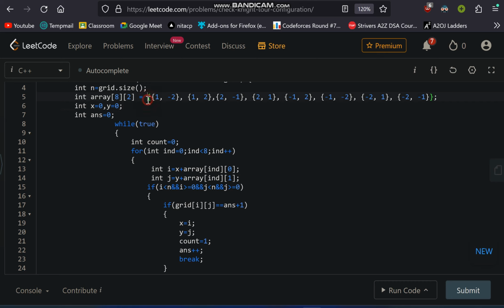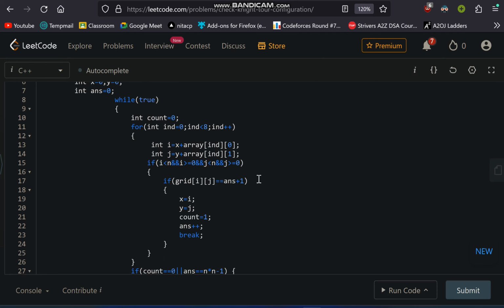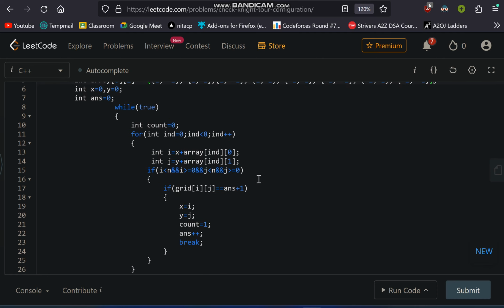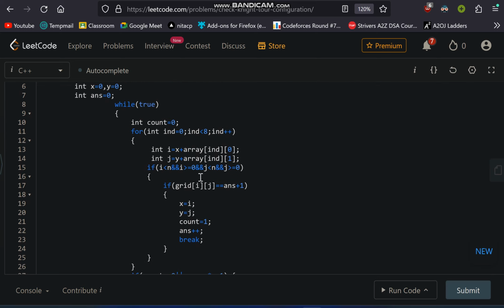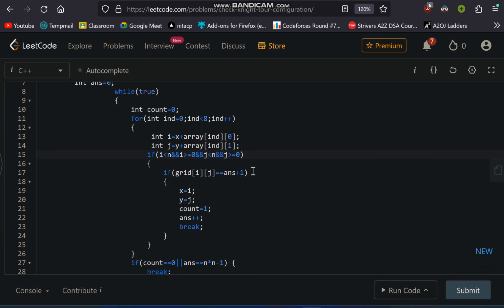So in this array I'm storing the moves of the knight where it can move. So I can move to each and every cell and check one by one. I'm running a for loop over this array and checking that i must be less than n, because it must be inside the grid, meaning it never moves outside the grid. So I have to validate i and j: i must be less than n and greater than or equal to 0, and the same for j, because it is n cross n, so columns are also n, so j must be less than n and greater than or equal to 0.